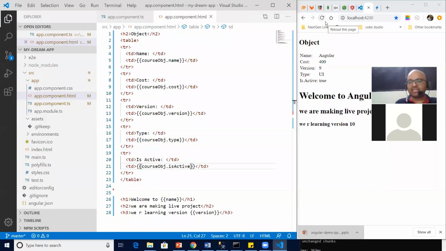Yes, Pranshu, double braces are syntax basically. We call it interpolation. Interpolation means basically placeholder. It is not new for you. In C, you might have seen %d, %s, correct? In Java also, you might have seen curly braces as placeholder. In C# also, curly braces mean placeholder, correct? So in Angular, technically they call it interpolation. But exactly what they are, this is nothing but a placeholder. They are holding the place of the variable so that its value will come over here, right?